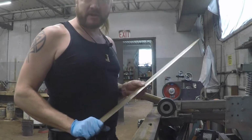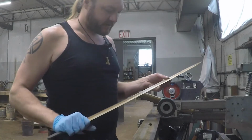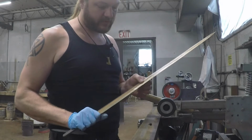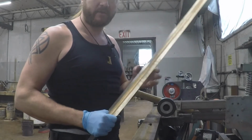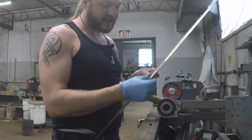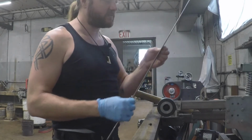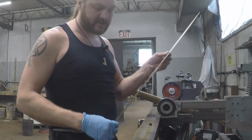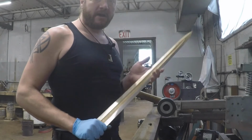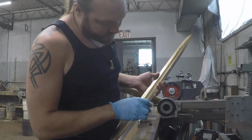Now, they can be tricky. There's a lot of different things that go on with putting fullers in. You've got to make sure that you're cutting to the right depth and that you don't cut through, because as you're coming in with a wheel from either side, you have the possibility of breaking through in the center. So you always want to keep an eye on the thickness of the center web of your fuller. For this one, I have this 3-inch wheel,